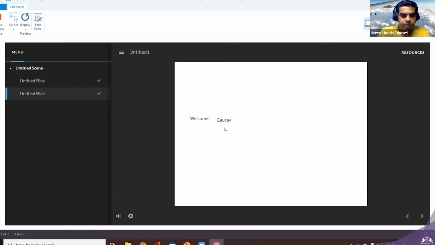This is known as a dynamic thing. Suppose you are playing some game on your mobile, what will be happening? They ask you to write your name and then your name is displayed. But if this won't be possible, if the variable won't be there, how will your name be displayed? Then I would have to say something like welcome XYZ, some hard-coded name.